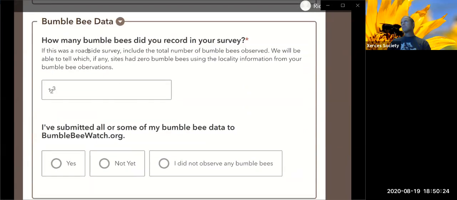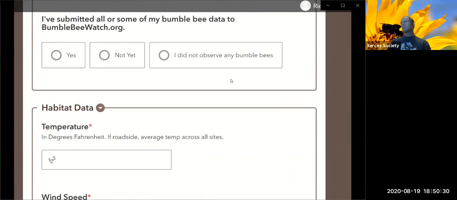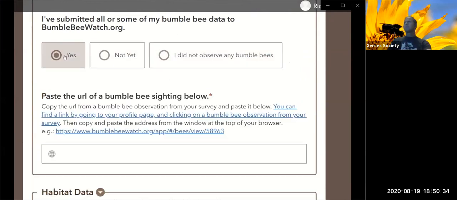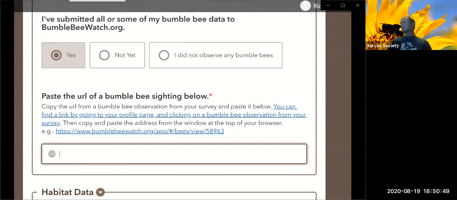Then you scroll down and you're going to enter the number of bumblebees that you found in your survey. In this case, we saw 3. And then it's going to ask whether you submitted your Bumblebee data to Bumblebee Watch. Yes, we have. And then here, to further help us associate your Bumblebee data from your survey with the habitat data, we're going to ask you to go back to Bumblebee Watch and copy the URL